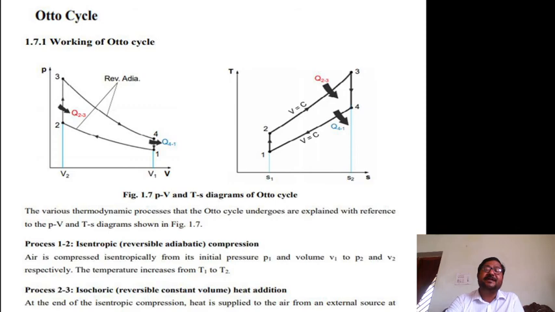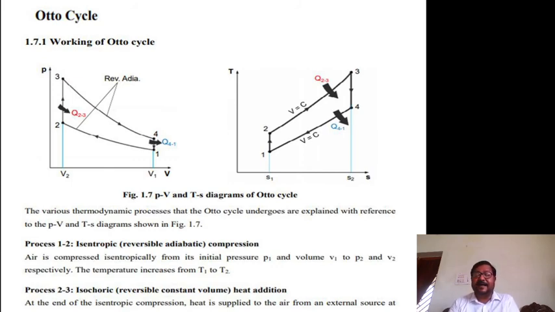If you want to look into the higher temperature, you must go to the temperature versus entropy diagram. Here at state 3 the temperature is more and the entropy is also more, and at state 2 the temperature is less. That's why we have to take T3 minus T2. Delta T means, for mCv, where Cv means constant volume process, delta T means T3 minus T2.